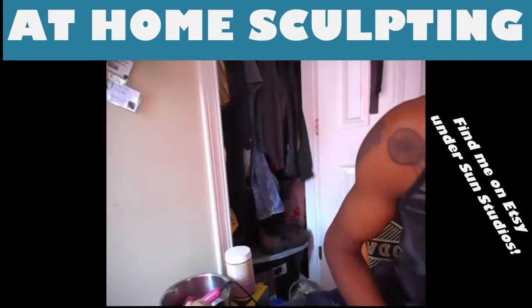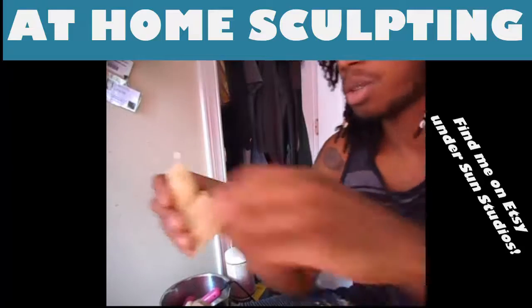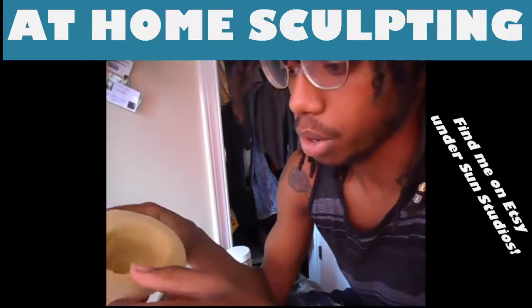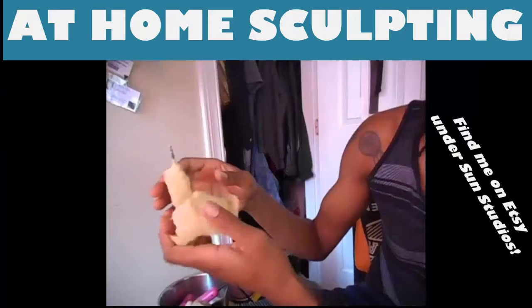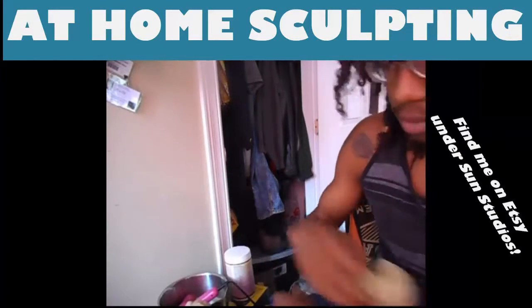Now, I had one. The first one I made, the first one's always the best. The first one I made, it's perfect. Of course, when it gets around water, it gets a little weaker, but this is a pretty sturdy build. I can make a good duplicate with this. But for this one,